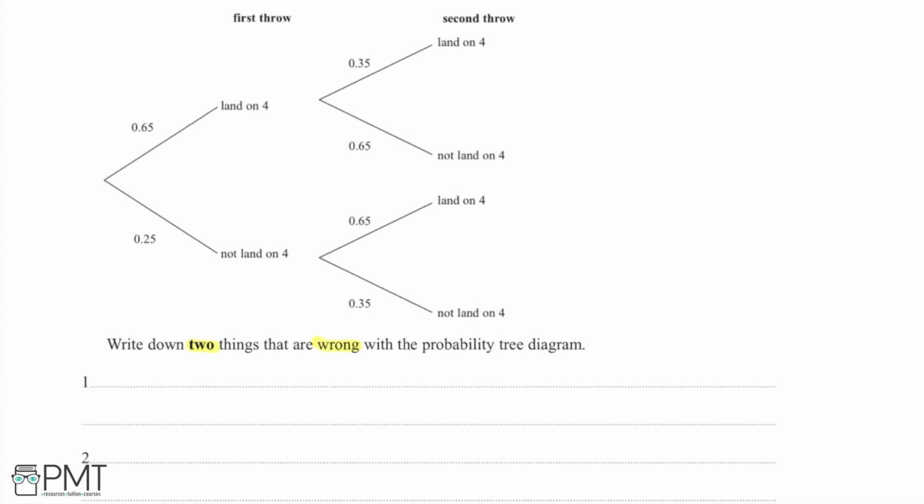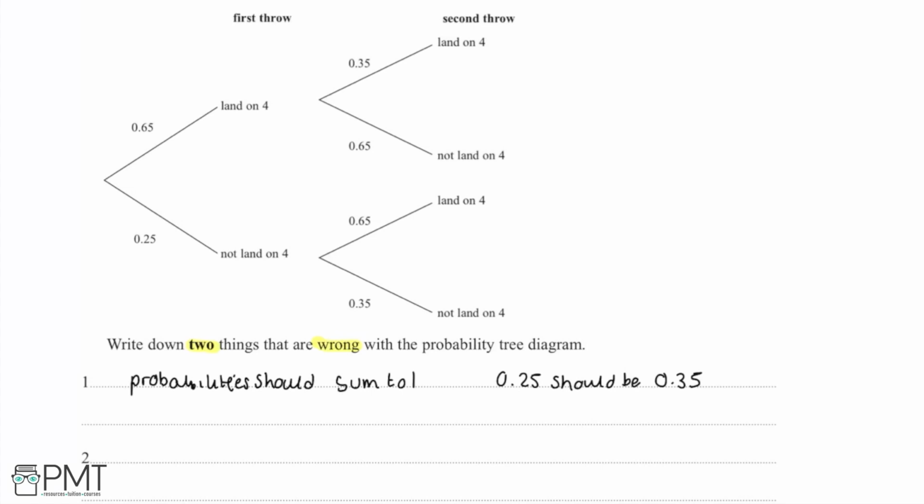I've now found two things that are wrong with the tree diagram. And in the first box, I'm simply going to put that the probabilities should always sum to 1. So 0.25 should be 0.35, and it's always a good idea just to give an example of what you mean here. And then secondly,